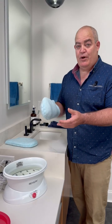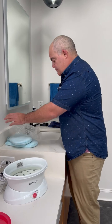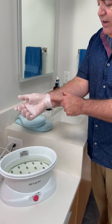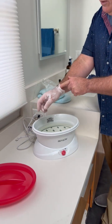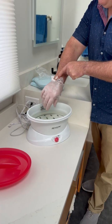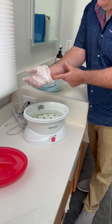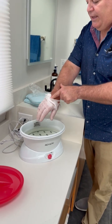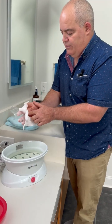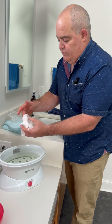Now, this is the part where you enjoy it. Now you're done. And this is the fun part. You just take your finger and you start up here and you start pushing this wax down. And you'll notice that I'm a hairy guy, but it doesn't stick to my hair. Some people find it weirdly fun and soothing to slip this paraffin off your hands. And then what I do,